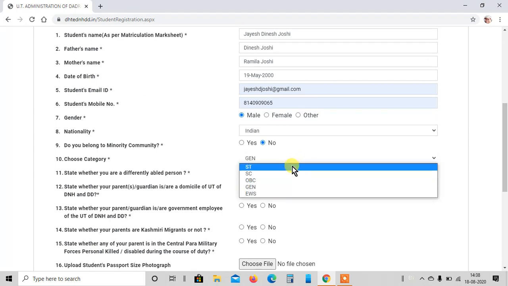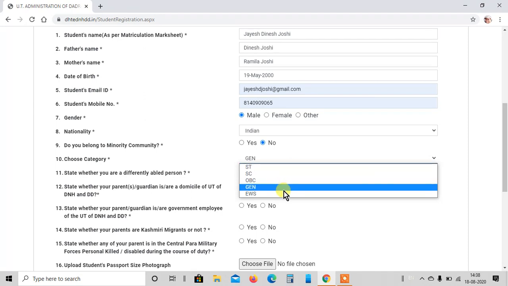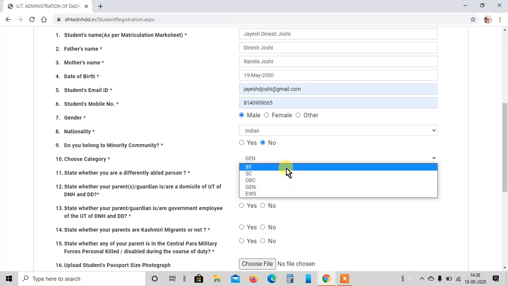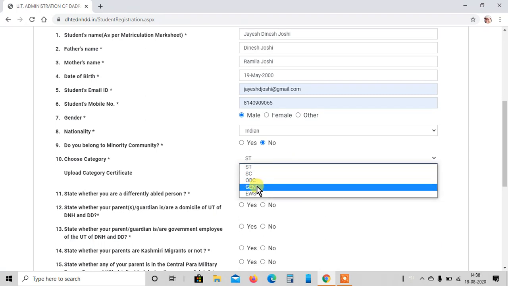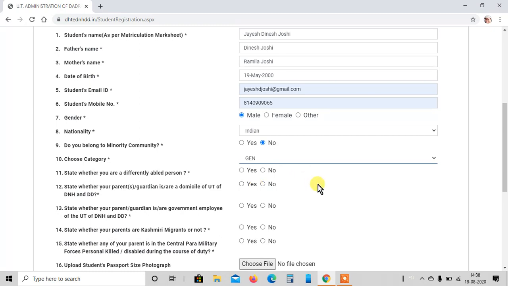If you belong to SC, ST, OBC or EWS, select accordingly. But make sure whenever you select any of these categories, you need to upload a relevant document issued by the competent authority. I am from the general category, so I will select general.